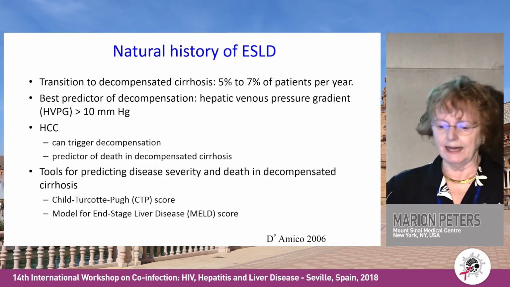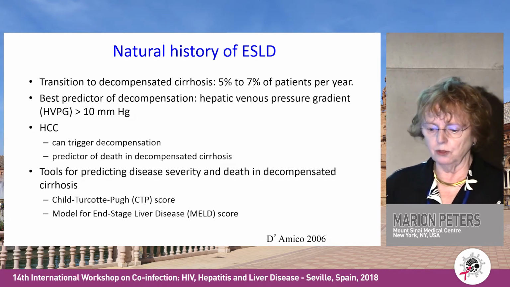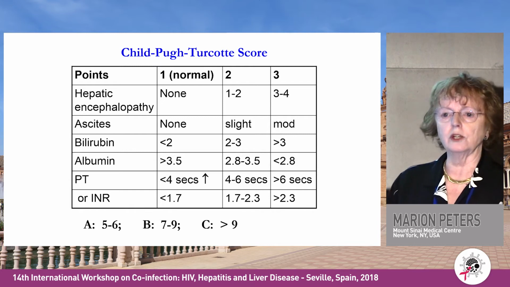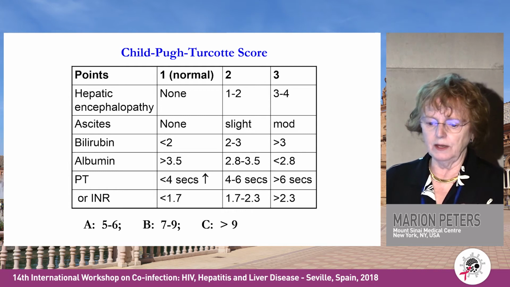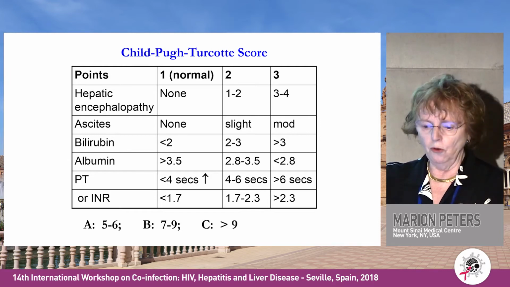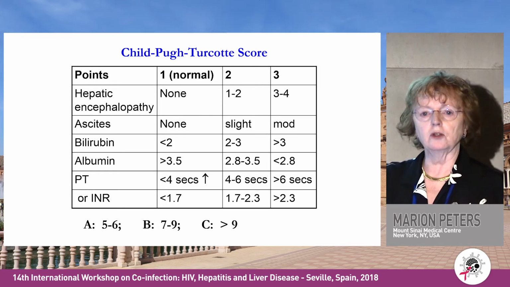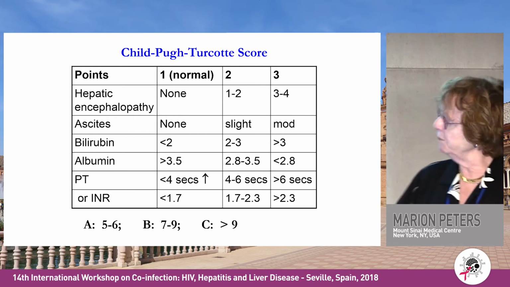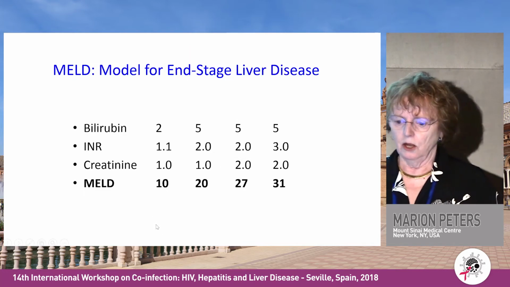Tools, and how do we assess predicting severity in patients with cirrhosis? There's the Child-Pugh Turcotte score and the MELD score. Here's the CPT score, which you can do online. Plug in the patients, whether they have encephalopathy, ascites, their bilirubin, albumin, or INR level. If they're all normal, like us in the room, they're Child-Pugh A, 5 to 6. If they look like a lemon on a stick, they're Child-Pugh C, greater than 9. And in between, you have to do the number for Child's B. This has been